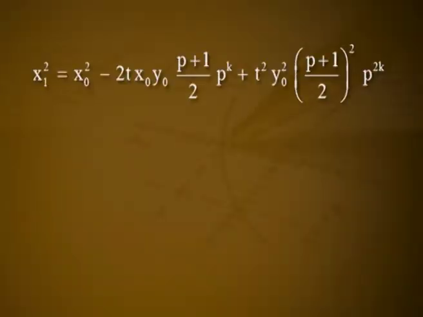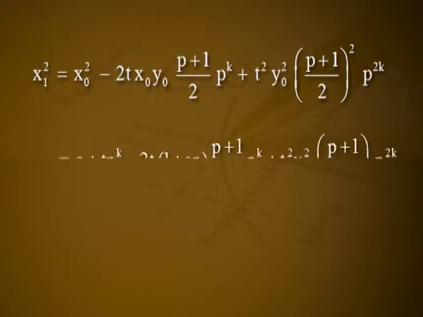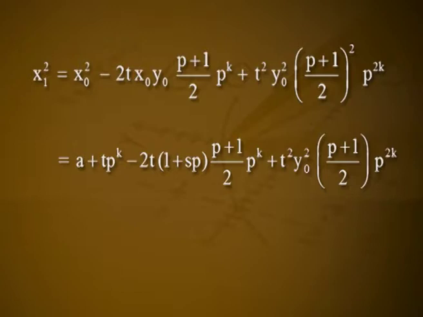Then x1 squared is equal to x naught squared minus 2t times x naught times y naught times (p plus 1)/2 times p raised to k plus t squared times y naught squared times ((p plus 1)/2) squared times p raised to 2k, which is equal to a plus t times p raised to k minus 2t times (1 plus sp) times (p plus 1)/2 times p raised to k plus t squared times y naught squared times ((p plus 1)/2) squared times p raised to 2k,